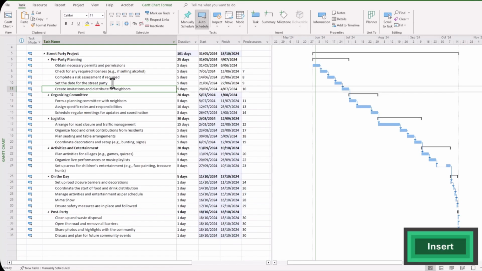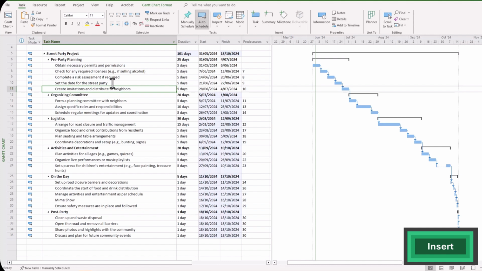The second one is the Insert button. Now, some versions of Microsoft Project may not have this capability. In fact, the Microsoft forums allude to this being available on Project Online, but every version that I've used in the past has had this capability, so hopefully you do too.